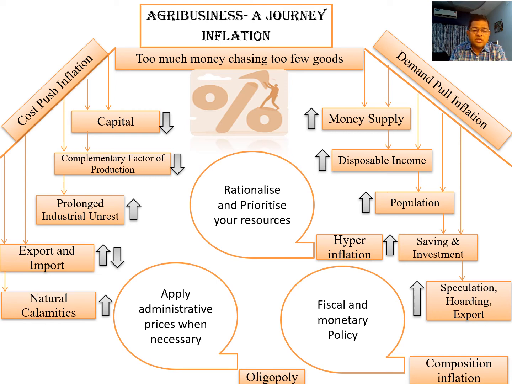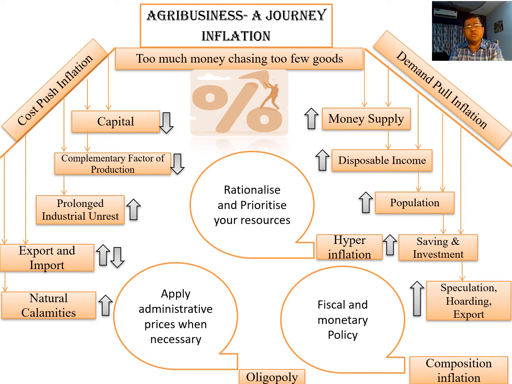The third one is the increase in prolonged industrial unrest. Suppose very little raw material is available for a particular industry, or you know that most of the time the trade union is going on strike. In that condition, the industry will not produce as much as is needed to supply the country. If they do not produce, then ultimately their cost for different types of factors or inputs will increase and the price of the product will increase. If the price of the product increases, then it goes into the stages of inflation.